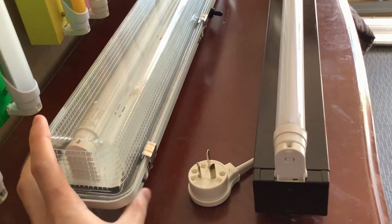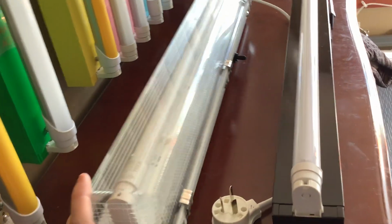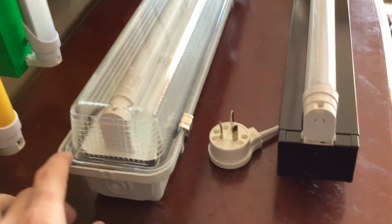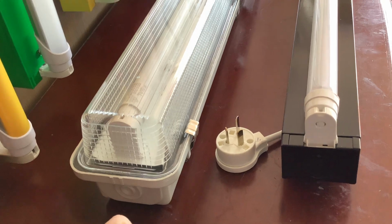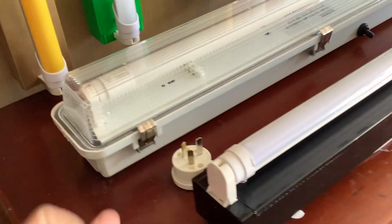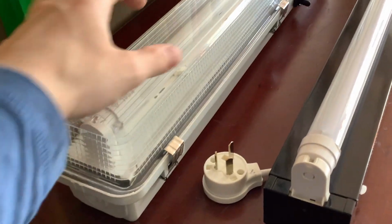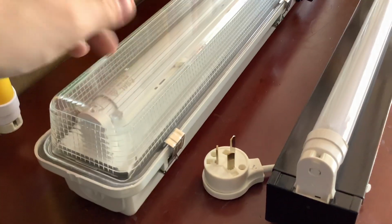They're very good for outdoor use because they have a watertight and airtight seal all around the chassis, so no water can get into it. That's especially important if you're running LED lamps, because LED lamps need to be kept dry. They're not waterproof, so that's why if you're using LED tubes outside,